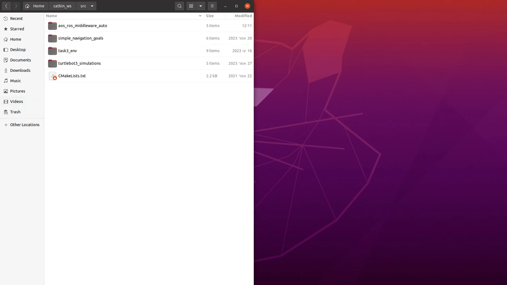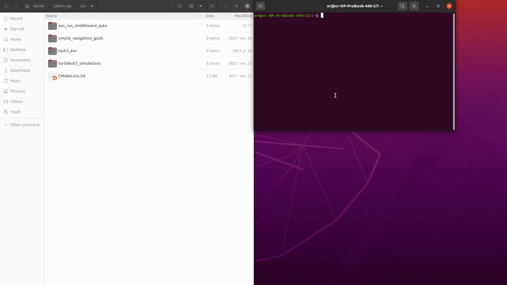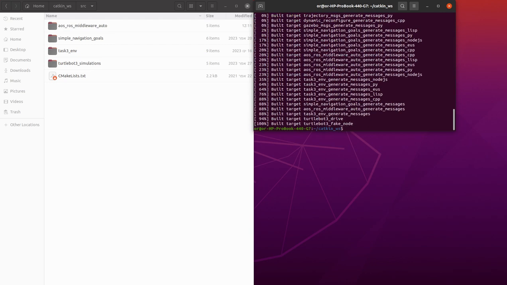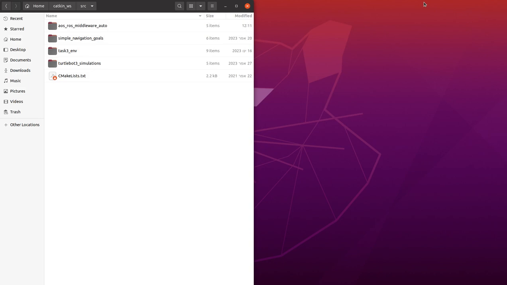And the next thing, we just need to make sure that it's compiled correctly. Okay, so going to the workspace, catkin make. Okay, and we see that it's building it. Okay, and the next phase, after we have our robot skills ready, we need to verify that the Postman is